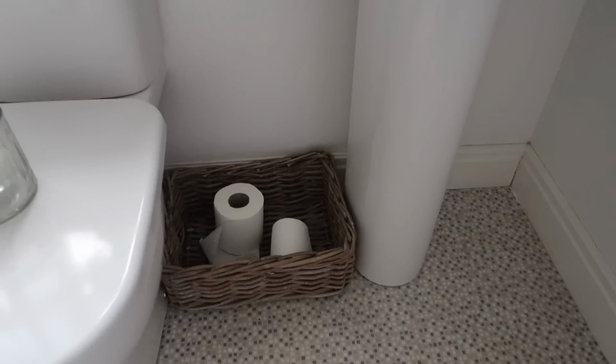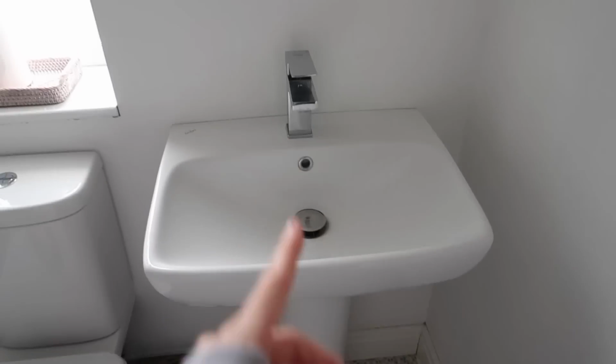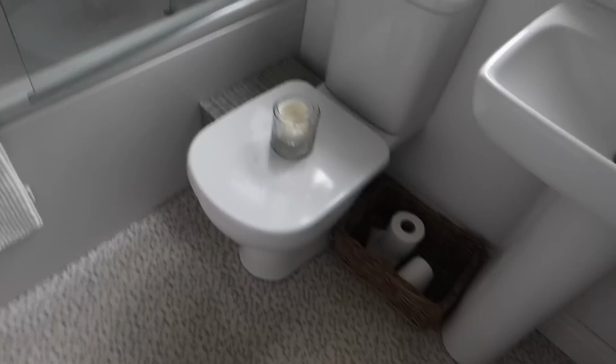We have no toilet bowl holder, so I shoved a basket down. This is a sink, again, very basic, and this is the spot where the mirror will go. So, that's it. That's how big it is, guys. We're talking about a tiny space. So yeah, it's not horrendous. Like, it's definitely livable, but